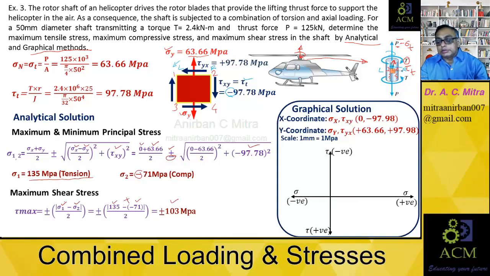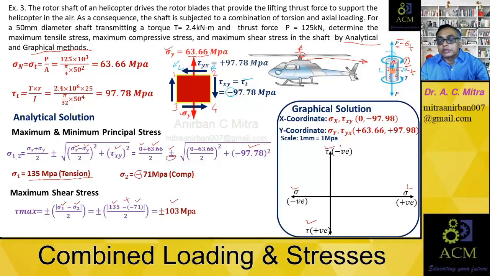First is the axis. One thing to be remembered in this particular axis: positive sigma along the x-axis is towards the right. Negative sigma is towards the left, along the x-axis only. But the only exceptional case is tau. So tau along y upward is to be considered as negative tau and downward is to be considered as positive tau. That is the only thing you need to remember. I am using Igor Popov and Andrew Pytel's or Johnson's book. Every book gives the same type of sign convention. So after plotting